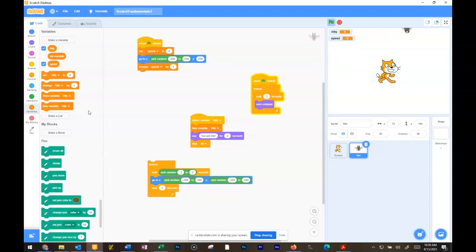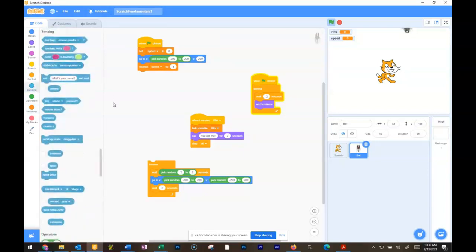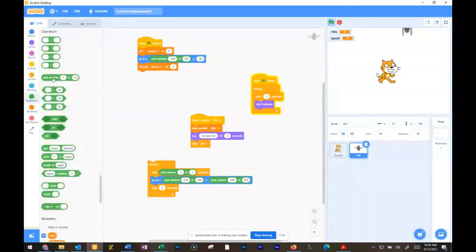Well, that's not random, right? We want to add a random speed. So we're going to go to the sensing part, or sorry, not sensing, we're going to go to the operators part. And what we're going to do is pick a random, and I'll just make it between, let's say, 5 and 20. And instead of change speed by 1, we're going to change the speed by some random